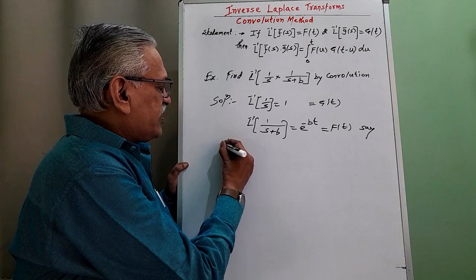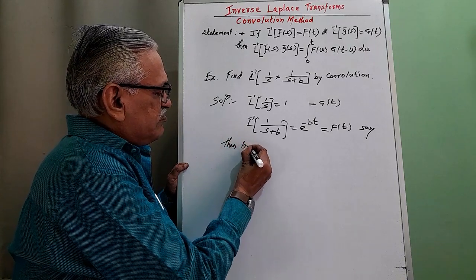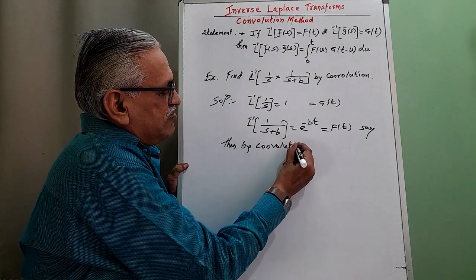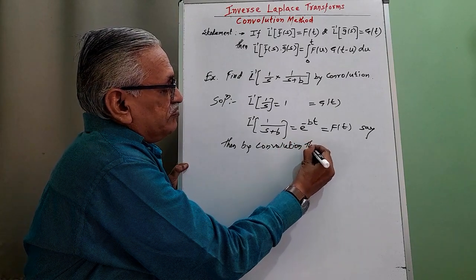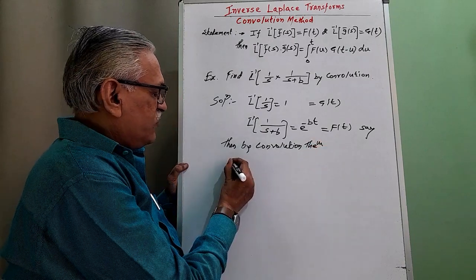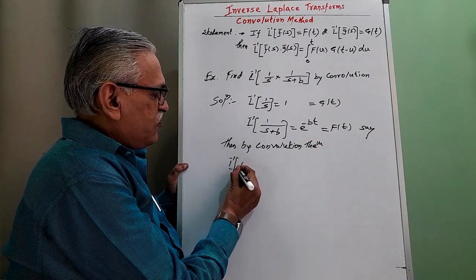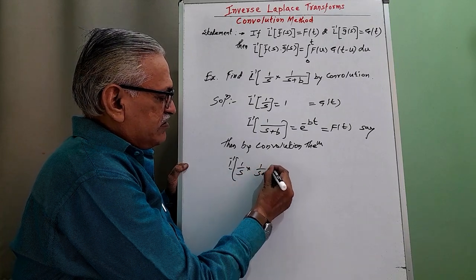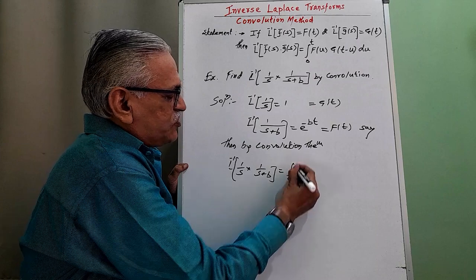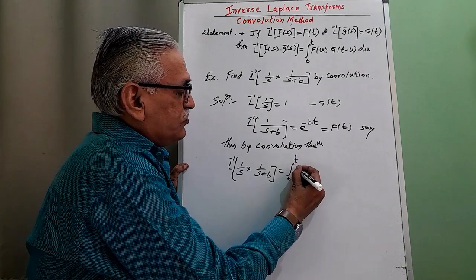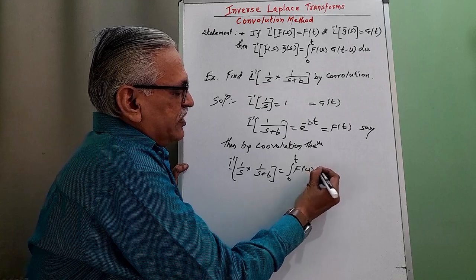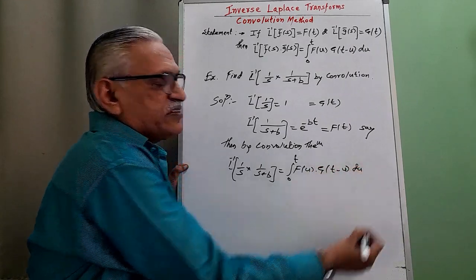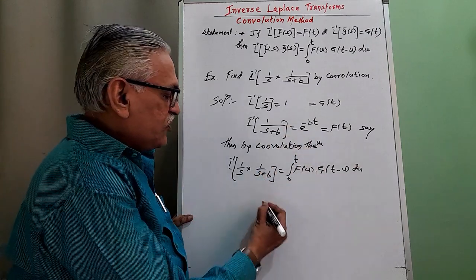Then, by the convolution theorem, the inverse Laplace of the product of 1 by s into 1 upon s plus b is the integral from 0 to t of f of u into g of t minus u, with respect to u, and therefore it is equal to